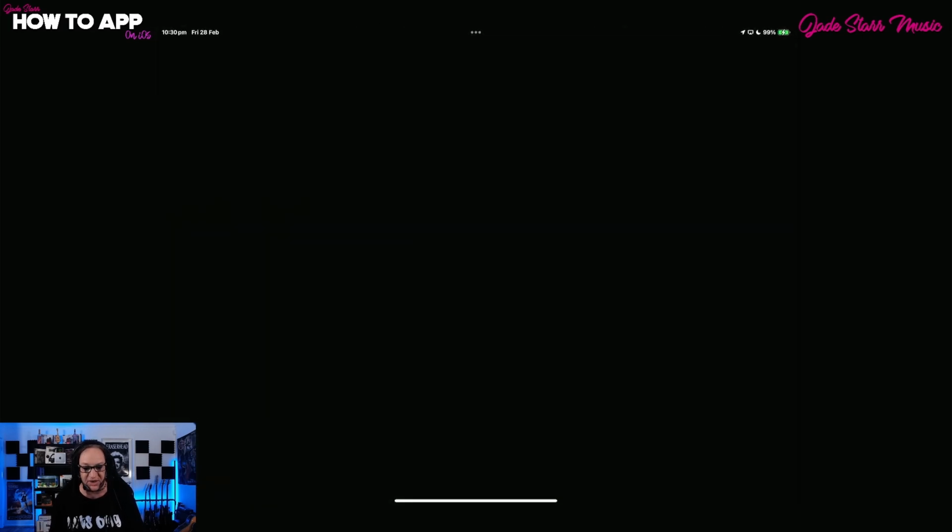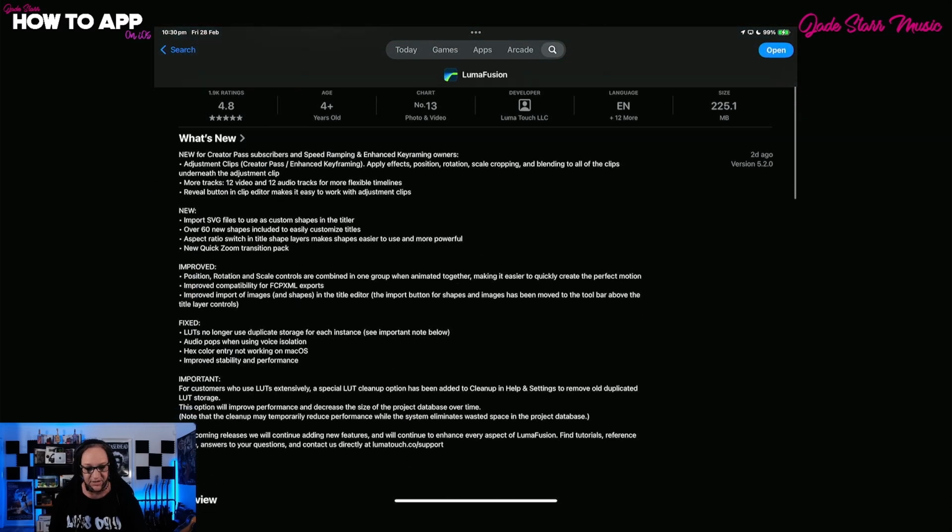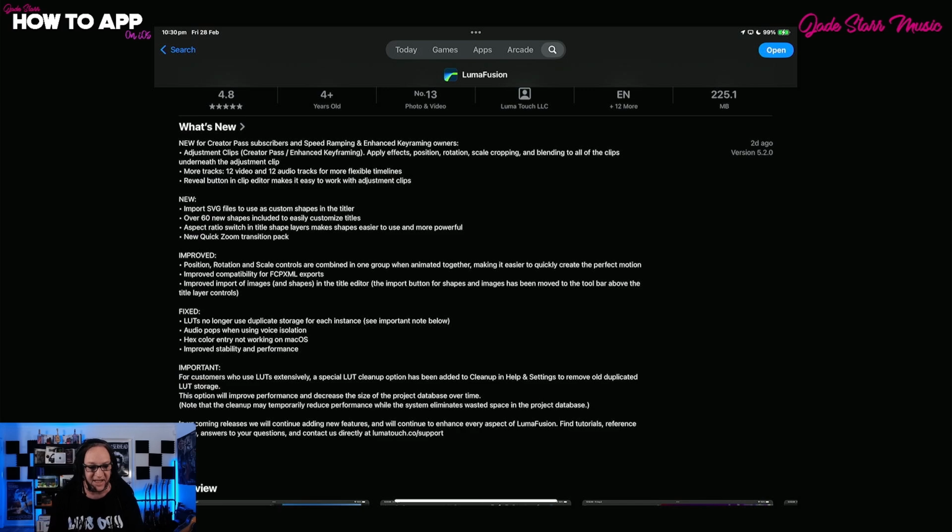Now I'm going to quickly bounce over to the App Store and just load up LumaFusion. So you can see here in the What's New section, we've got the Creator Pass, adjustment clips, the 12 tracks of audio and video, the reveal button, which we took a look at in the clip editor, import SVG files, 60 new shapes included, aspect ratio switch, which we just covered then, and the new zoom transition pack. Improvements: position, rotation, scale controls combined in one group, animated all together, makes it easier for you,